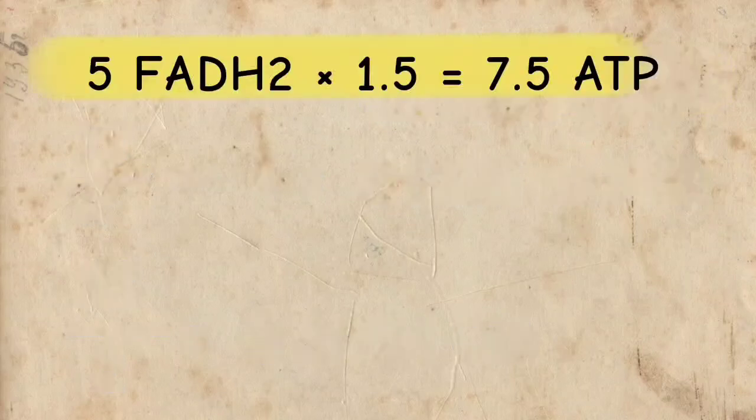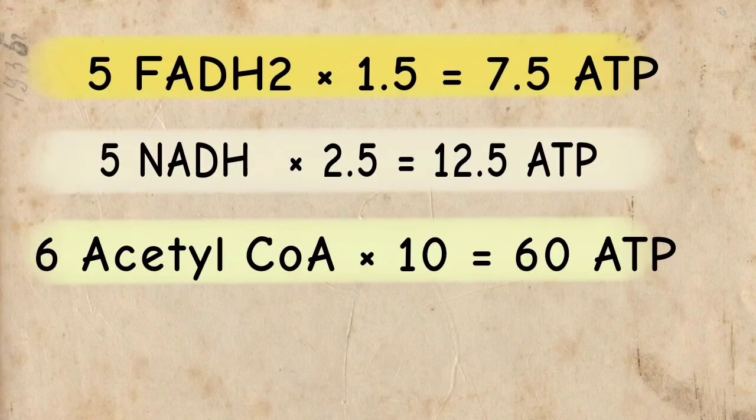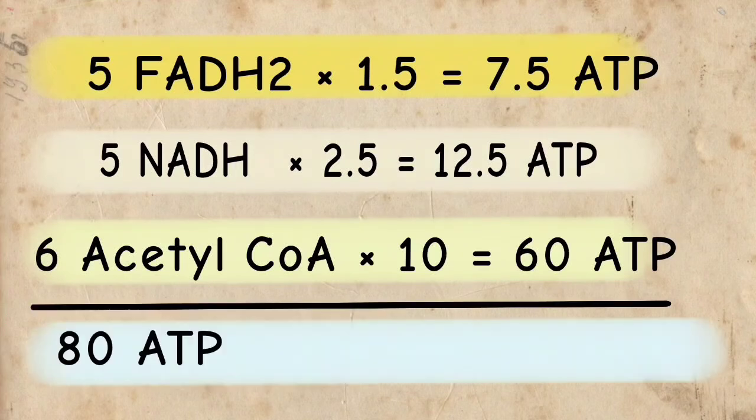Let's multiply the 5 FADH2 by 1.5. We'll get 7.5 ATP. Then multiply again 5 NADH by 2.5 and there are 12.5 ATPs. Multiply the 6 acetyl-CoA by 10 and we'll get 60 ATPs. Sum it up and we will get 80 ATPs. Because of the 2 molecules of ATP used in the activation process, we need to subtract 2 ATP, resulting in 78